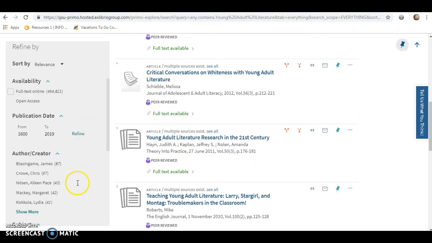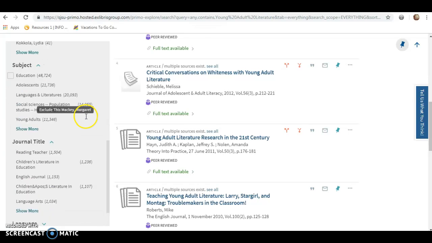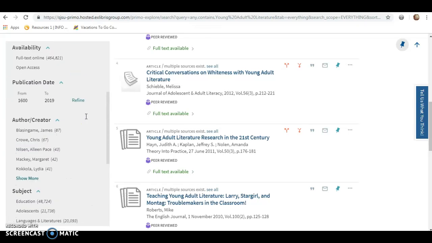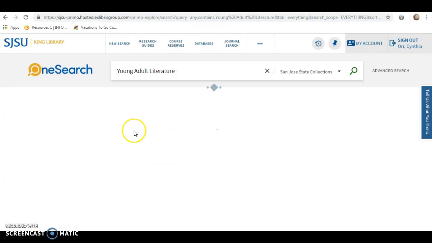So you can see there are other filters you can do by subject, journal title, author, language, database, but I'm going to come up here and do publication date, because 1600 to 2019 is a little too much. So I am actually going to do 2014 to 2019, which is only a 5-year span. So I'm going to click refine, and now I'm only going to get peer-reviewed articles that have been published within